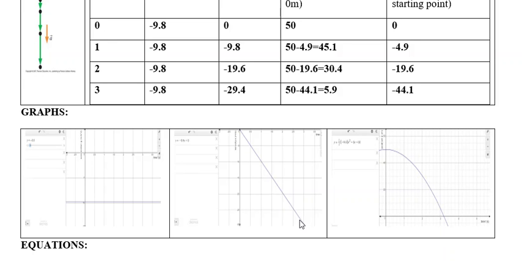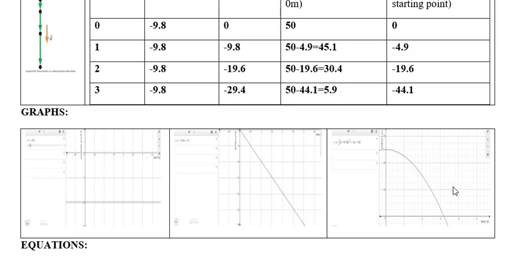The object speeds up downwards, and starting from 50 meters, going down, it reaches the ground a little after 3 seconds. Another thing you need to see is that, just because this is an accelerated motion starting from initial velocity 0,